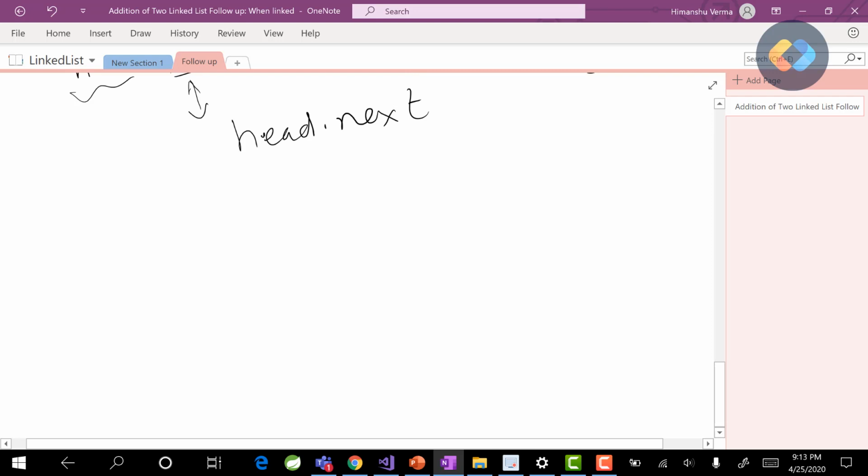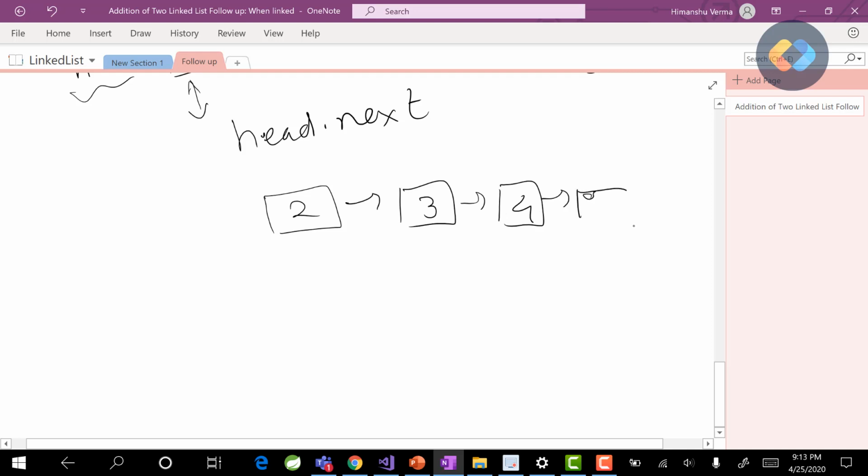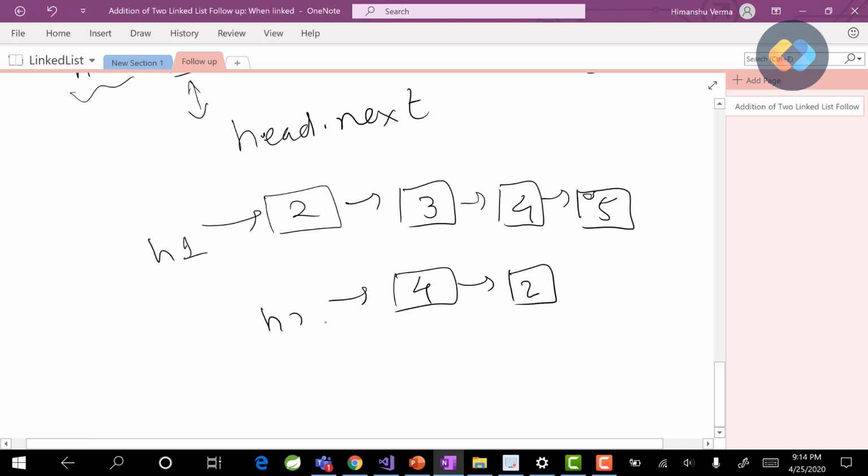So let's take a very basic example, 2, 3, 4, 5, and 4 and 2. This is head 1 and this is head 2.